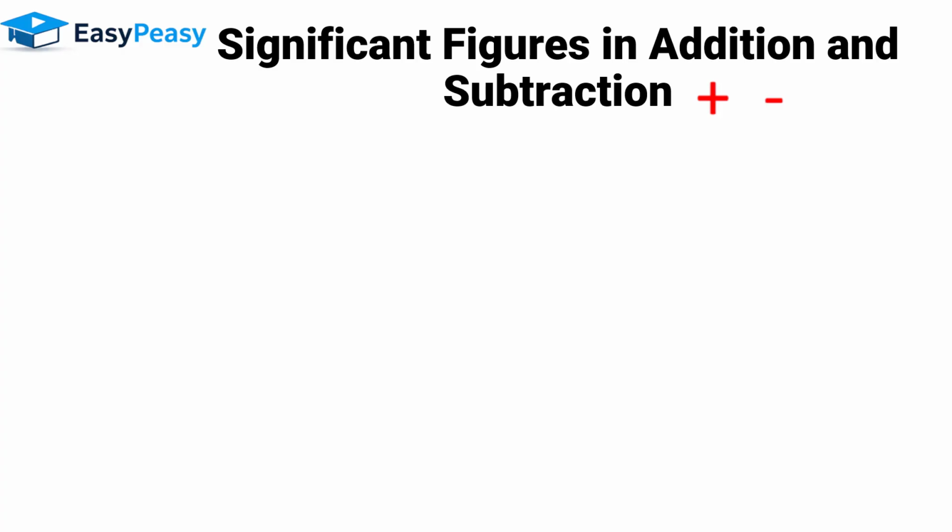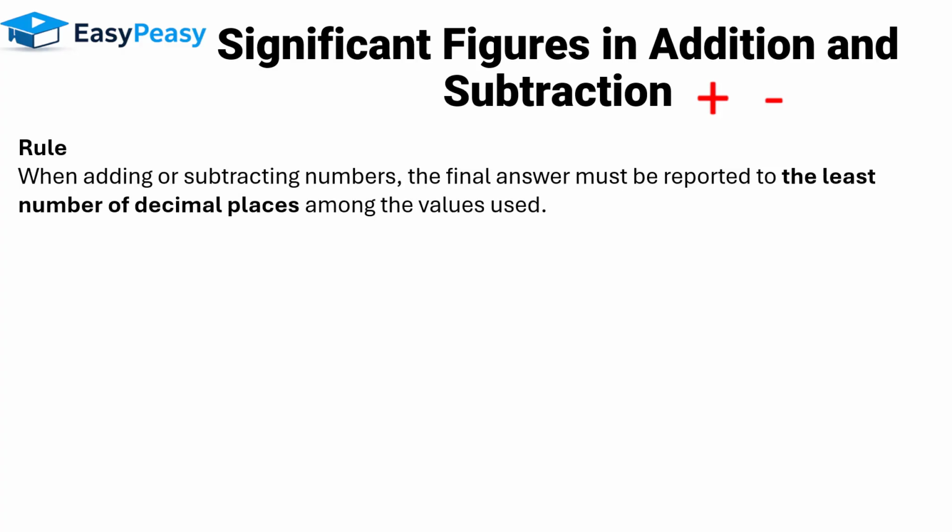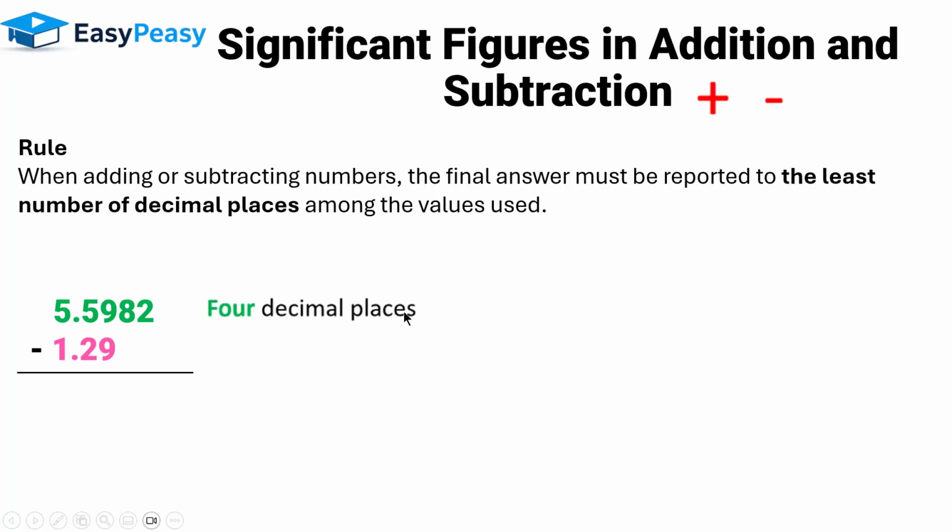For addition and subtraction, the rule says when adding or subtracting numbers, the final answer must be reported to the least number of decimal places among the values used. Now let's take an example. Here, this green value, after the decimal point, we have 1, 2, 3, 4 values. So 4 decimal places. And in the pink value, we have 1, 2, so we have 2 decimal places. If we do the calculation, the answer will be